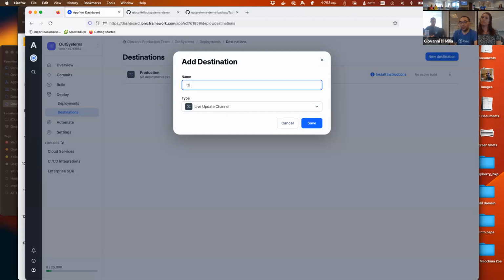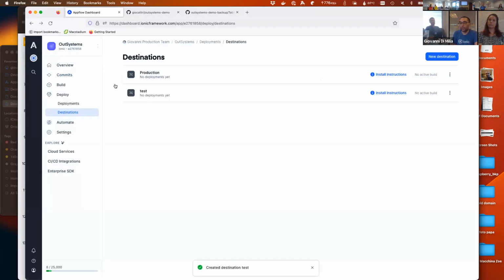This is important because you can point your native app to listen to this channel, and every time you deploy a web build to one of these channels, all the apps in the field that are connected to the internet will download the new version of the app and apply it to the app itself.